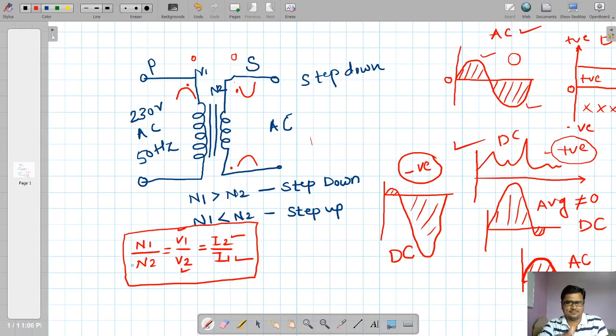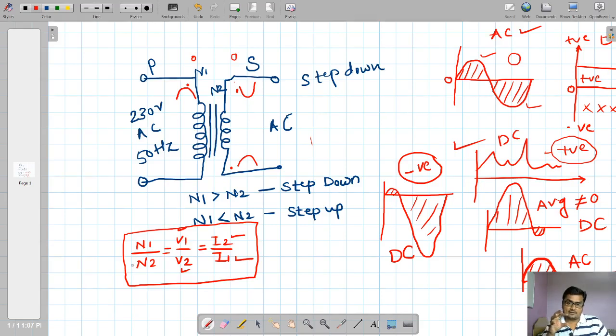Now, if you feel that much is okay about the transformer, then we can move towards the actual chapter from your syllabus, that is unregulated power supply. As this transformer is the first part of your power supply, that's why I started with this power supply initially. In the next lecture, we will understand the measurement